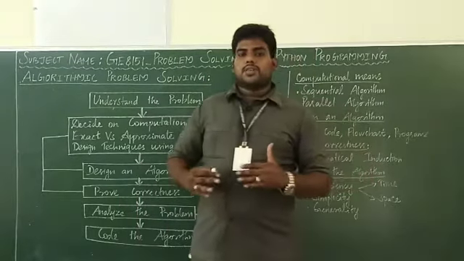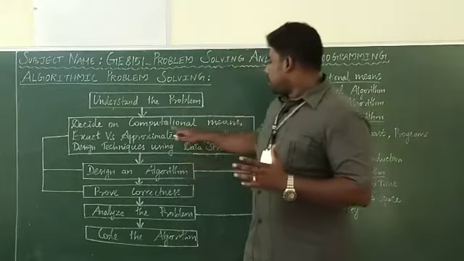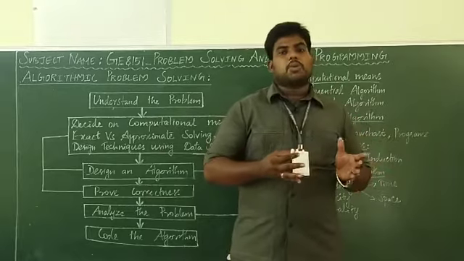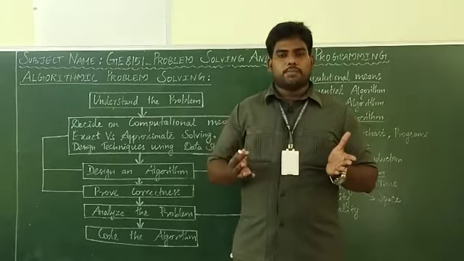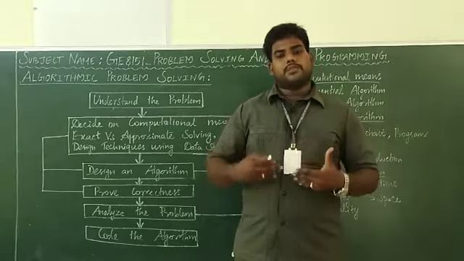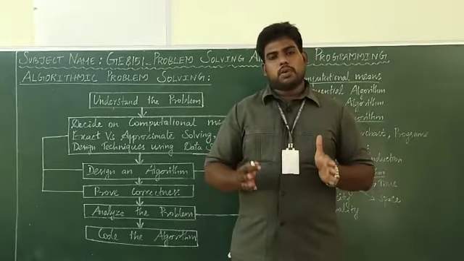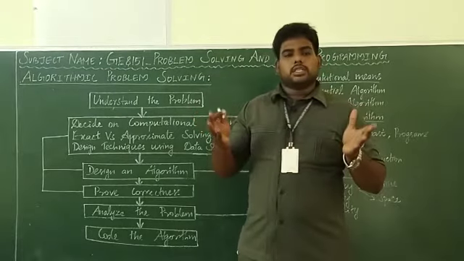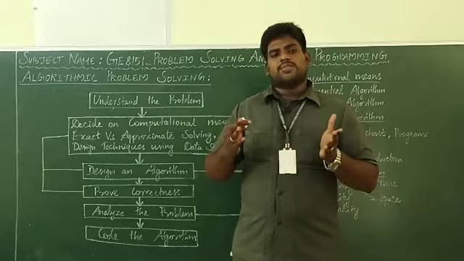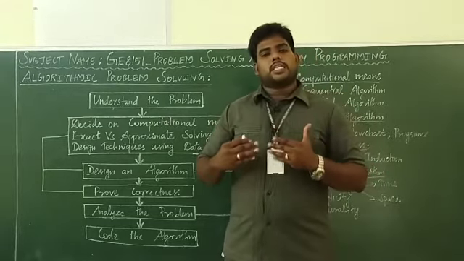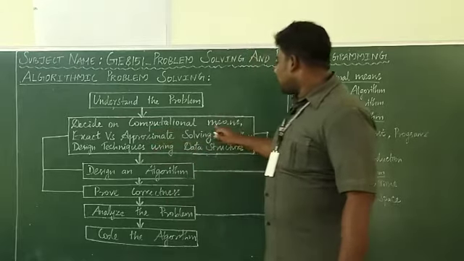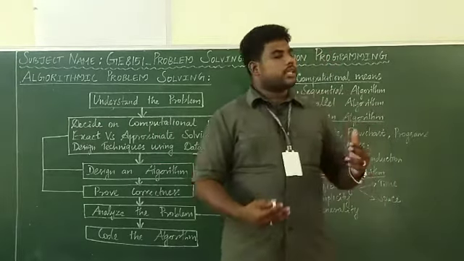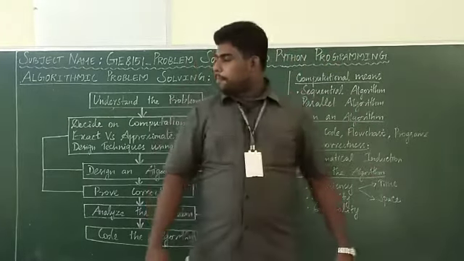So first of all we have to decide the computational means, in which type of systems we are going to use the program. We want to check the capability of the computers we are going to use. Depending upon that, we have to write the algorithm. You may be using small desktop computers; then parallel processing computers are there, supercomputers are there. There are various capabilities of computers. Depending upon that, we have to write the algorithm. So first, decide on the computational means. We have to check the capability of the computer. Depending upon that, we can write the algorithm either as a sequential or a parallel algorithm.